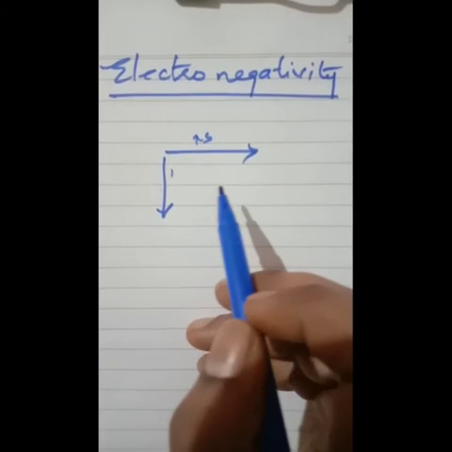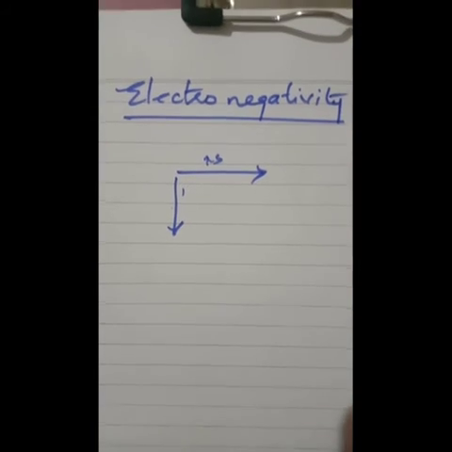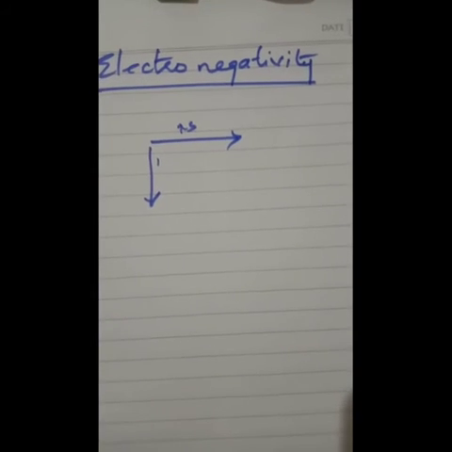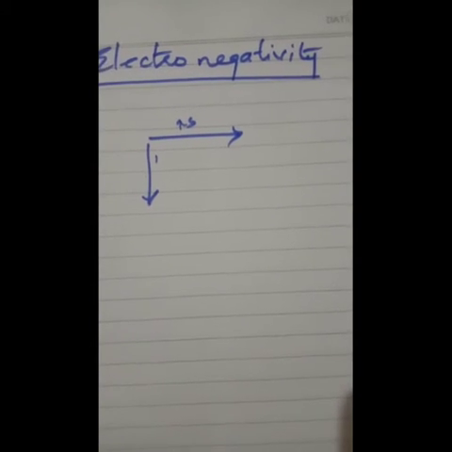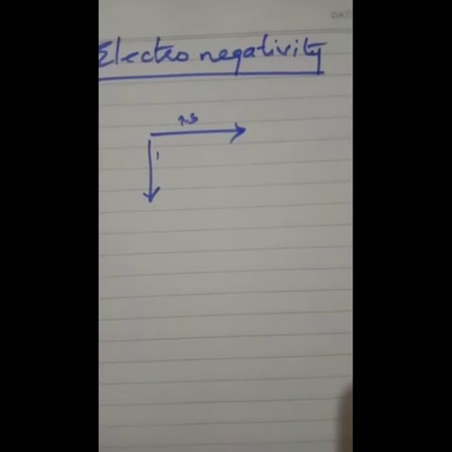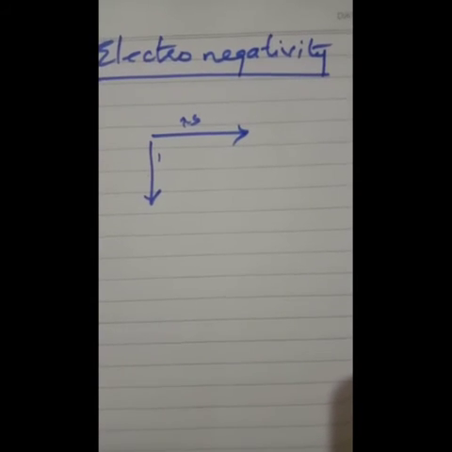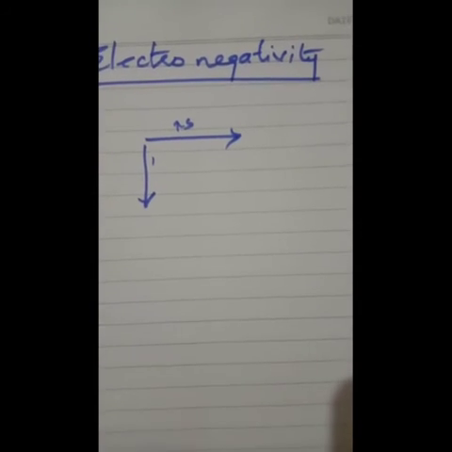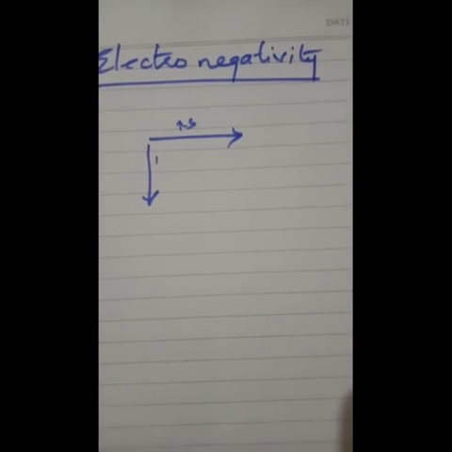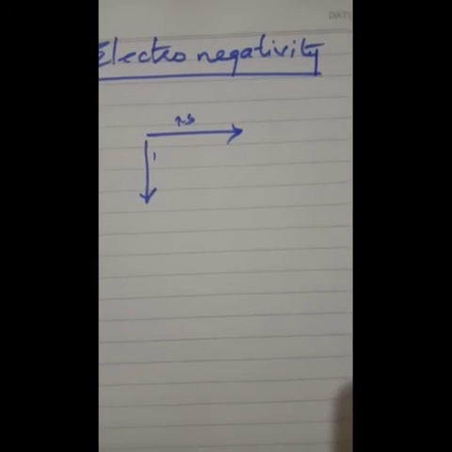Okay, so non-metals, what happens? They are said to be electronegative. They tend to form bonds by gaining electrons. So we are going to learn about variation of the property. As the trends in electronegativity show, non-metals are found on the right hand side of the periodic table towards the top. The elements which show electronegativity, that is non-metals, are found on the right hand side of the periodic table, towards the top.